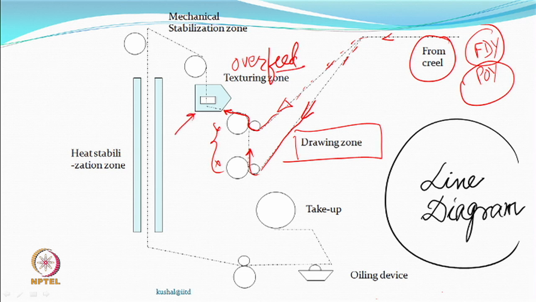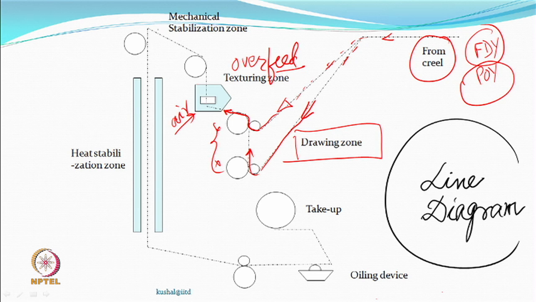Of course, you will have some air pressure, compressed air which will be there to do whatever little job. So, this is like a zone which is the texturing zone. So, theoretically in an air jet texturing machine, this is the zone because of which it is called air jet texturing machine. What we are doing before is the requirement of the material. So, no texturing is happening there.